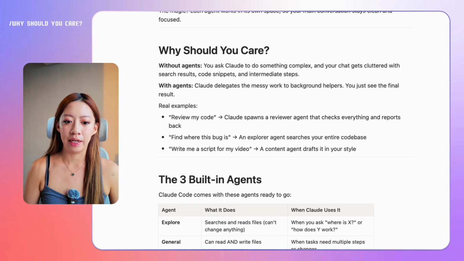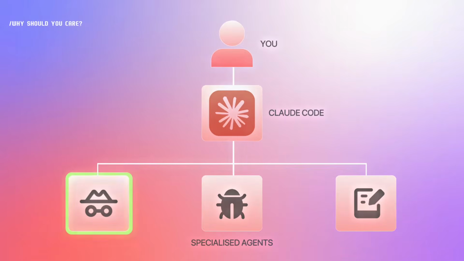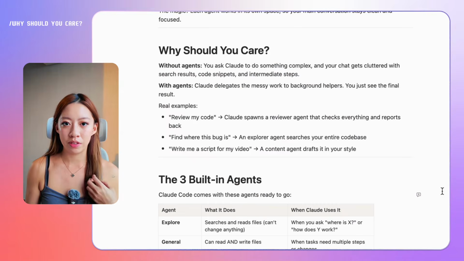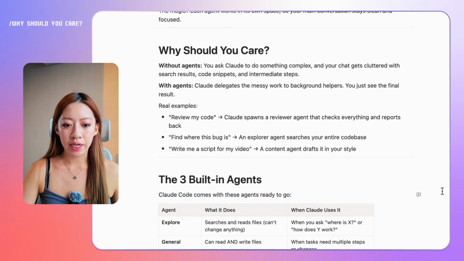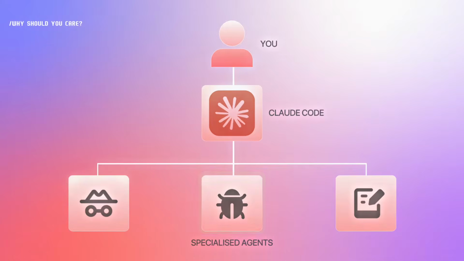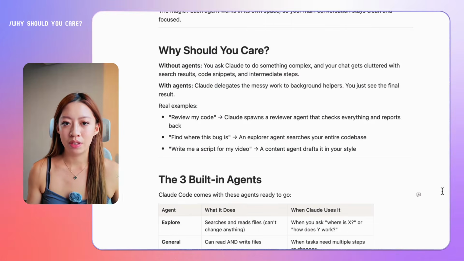Some real examples: you can have an agent that helps you review your code. Let's say you have a code reviewer agent that checks all your code and reports back to you if something needs to be fixed or if there are any suggestions. Another agent can help you find where different bugs are in your code. This can be an explorer agent that searches your entire code base